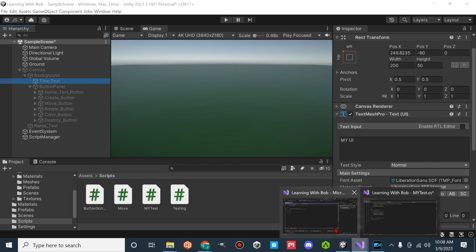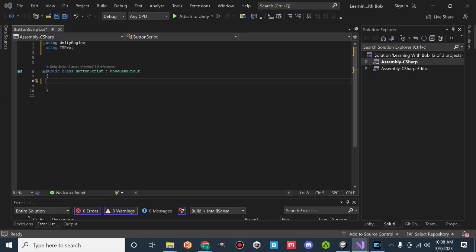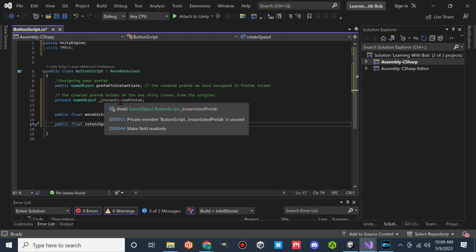Now going back into our scripts folder, we're going to now go ahead and set up a few of our variables. We're going to start off with some of the same ones we've had in our other scripts. I'm just going to copy these right back in here from the script that we had before. Okay. Now notice, I've got the comments on here as well. You can write that in there for your own notes if you'd like. But we have our public game object prefab to initiate,